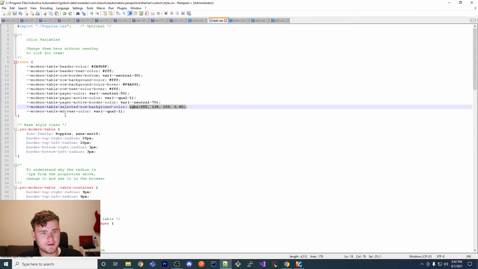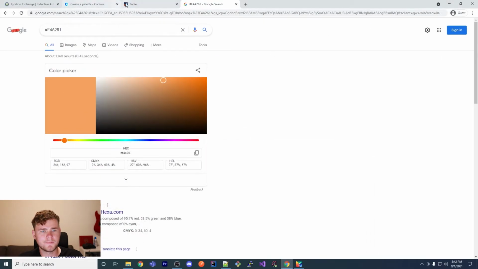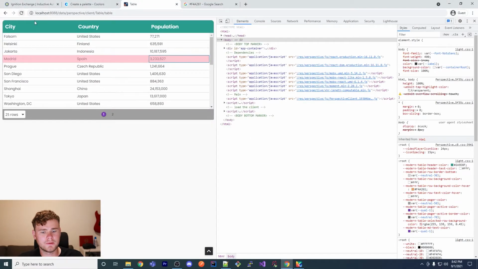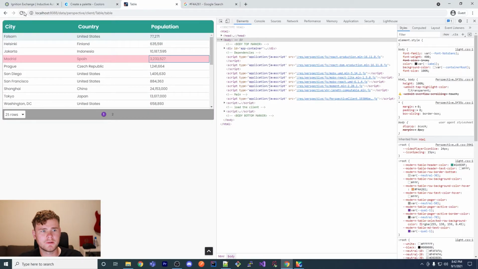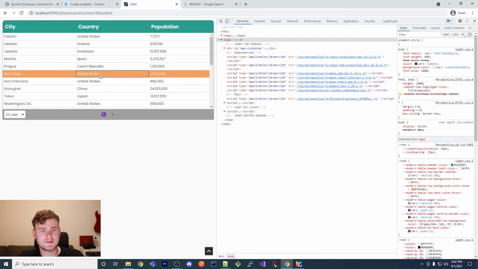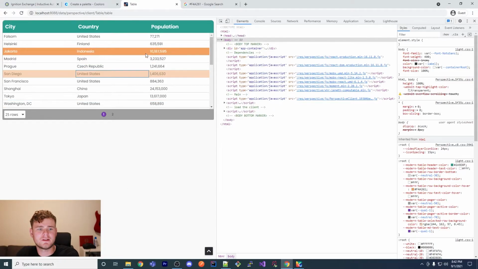And then go back here and change this and leave the alpha value here, so 45%. And then if I go here, merge, save, go to my session, you'll see that the selected color is now